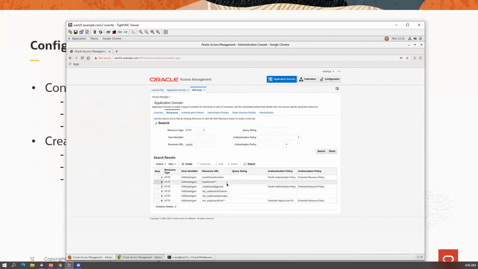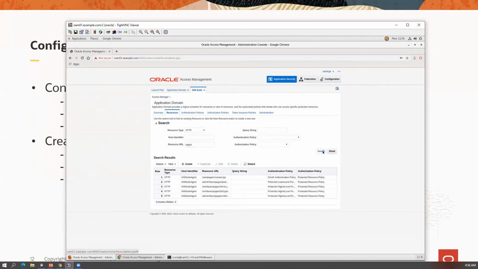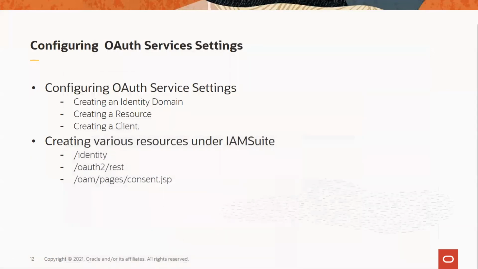Those are the things which you notice here. Similarly, as part of the three-legged flow, which we have seen earlier, we have a consent page to be presented, which needs to be protected. These are all configured under the IAM Suite agents here. So these are some of the things which you need to configure for OAuth services.